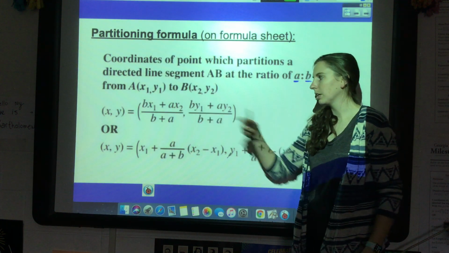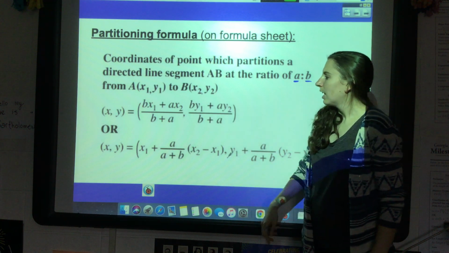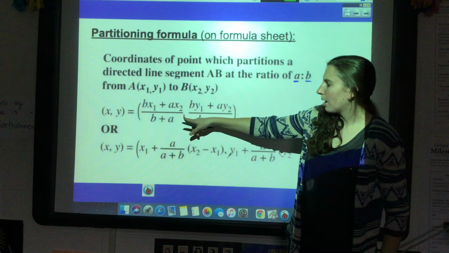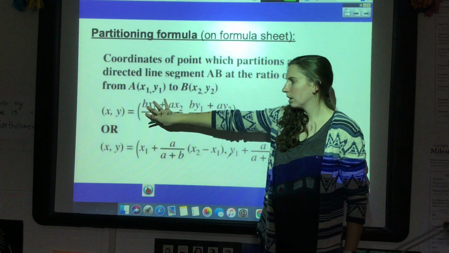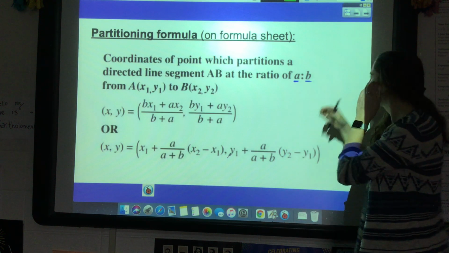If you like this formula better, and really they're about the same as far as easy goes, again, there's a comma in the middle. This will give you the x coordinate, and this will give you the y coordinate of the point that you're looking for. So for example,